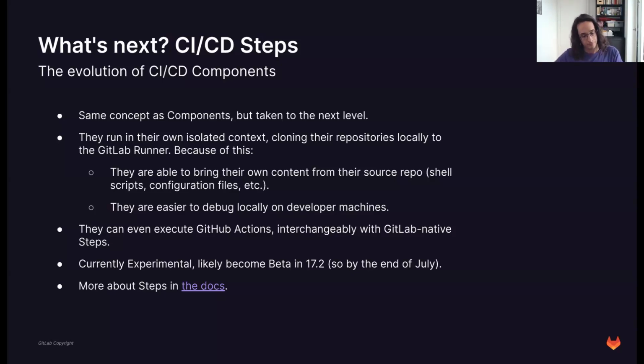And there are ways of doing that locally, like running pieces or the whole pipeline locally, but they all have their shortcomings because none of them are really first-party GitLab supported ways of doing it. This will be supported by us. This will be first-party. So it will make it really easy to debug CI/CD steps locally, not components, excuse me.